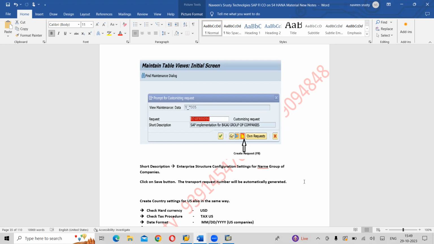That's the reason I'll spend a lot of time on organization structure, because in real time I also used to face challenges since I was not aware of organization structure. When I saw YouTube videos, they only talked about creation of company code, creation of business areas and all this stuff. But no one tells you what the organization structure would be, how it starts, where it ends. So that's the reason I have spent time to design the organization structure. It took me a lot of time, almost 2 to 3 months, to gather a lot of inputs.